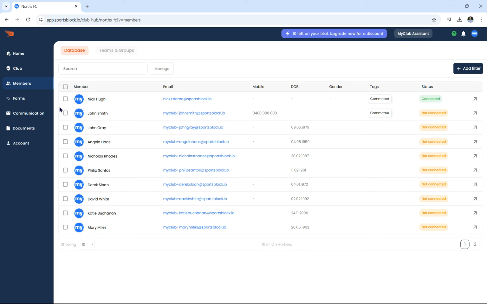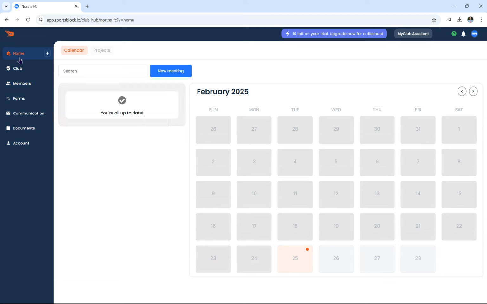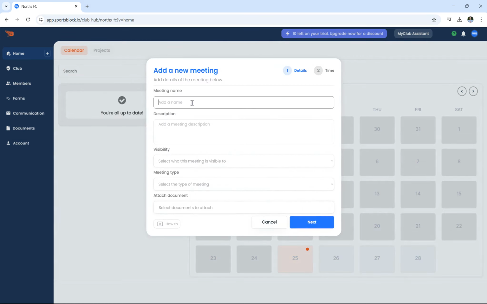So the last video is just going to be a little bit of a look at forms, not in much detail, but just a quick look at them. Same with documents, and then under home as well. Just going to slip in at the end of this video one very cool feature we've added, and that is video calls. So if we click on new meeting and we add in a meeting,